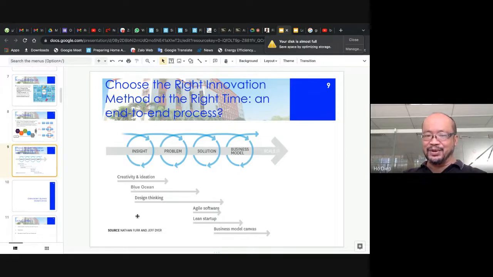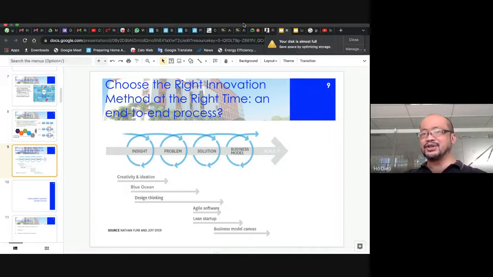So maybe start off with blue ocean or design thinking, and then kind of switch over to lean startup and business model canvas at the later stage. Design thinking kind of has that built in anyhow. Design thinking has that early stage, but also the lean startup is built into its later stage as well. So it's kind of expanding by taking the best of what lean startup is, and then plugging it into the later stage when it comes to design thinking. But separate to that, business model canvas is very useful when it comes to scaling up, which we will cover